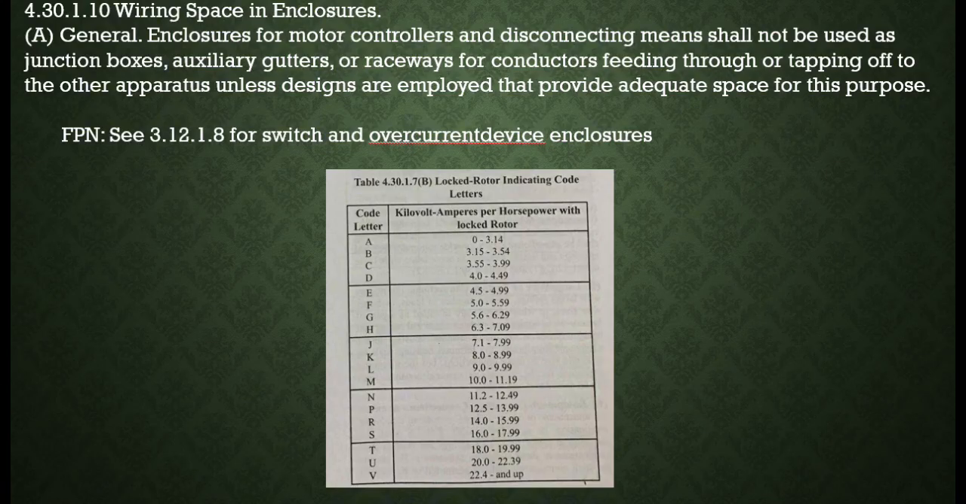4.30.1.10 Wiring space in enclosures. A. General. Enclosures for motor controllers or disconnecting means shall not be used as junction boxes, auxiliary gutters, or raceways for conductors feeding through or tapping off to other apparatus unless designs are employed that provide adequate space for this purpose. So, ang mga enclosure para sa motor controllers or disconnecting means dili dapat gamiton isip junction boxes o